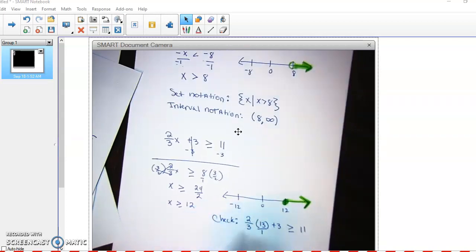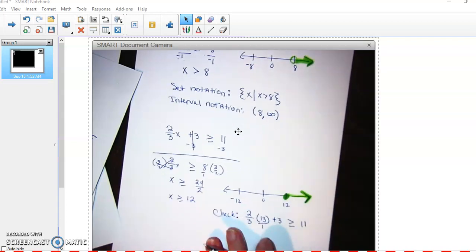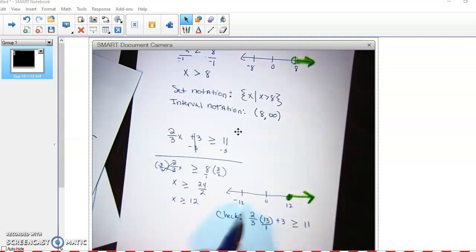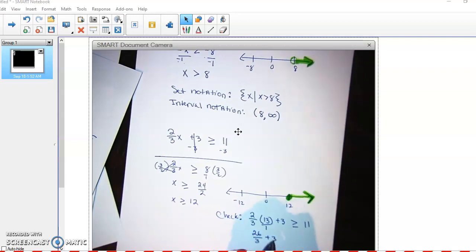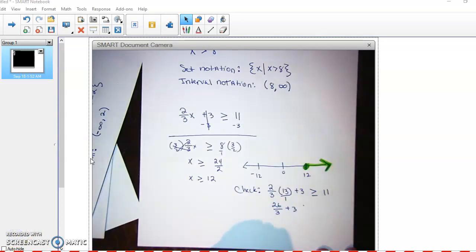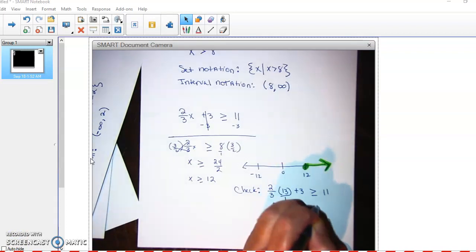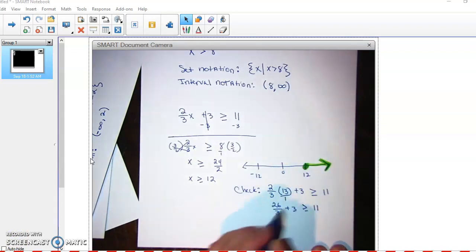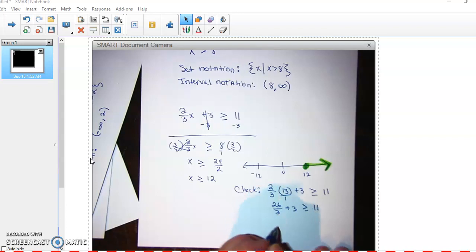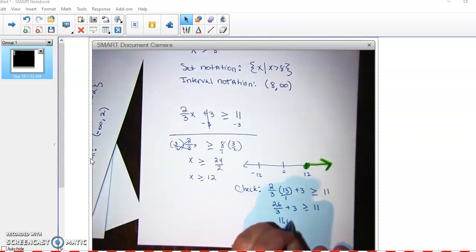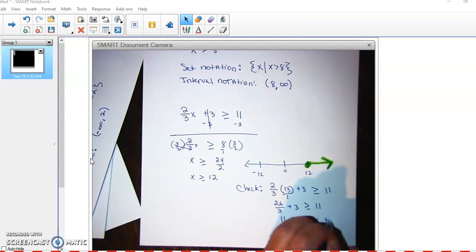So 2/3 times 13, this is 26 over 3 plus 3. Okay, so 26 divided by 3 plus 3 is greater than or equal to 11. So you can put this in your calculator, and when you put this in your calculator, you're going to get 11.6 repeating. Okay? Which, this is true,